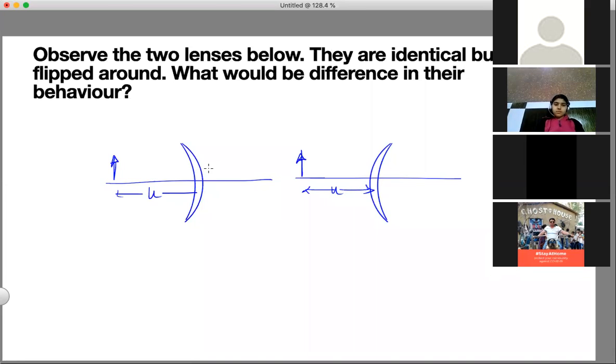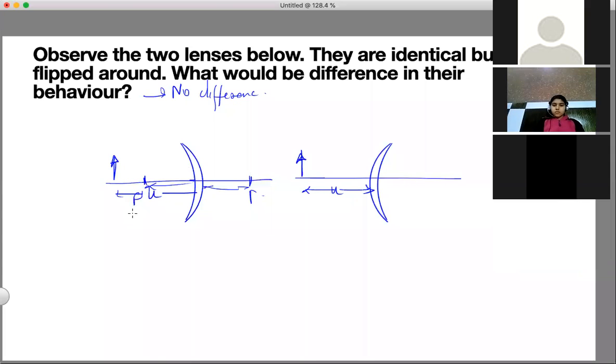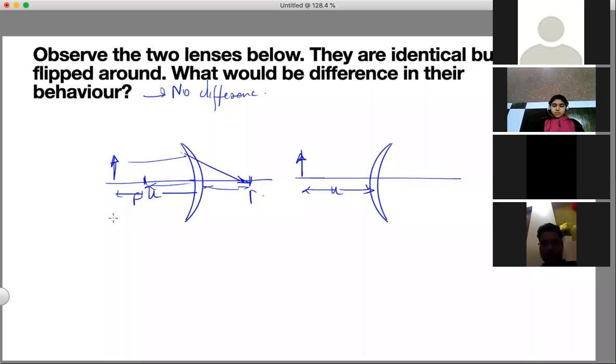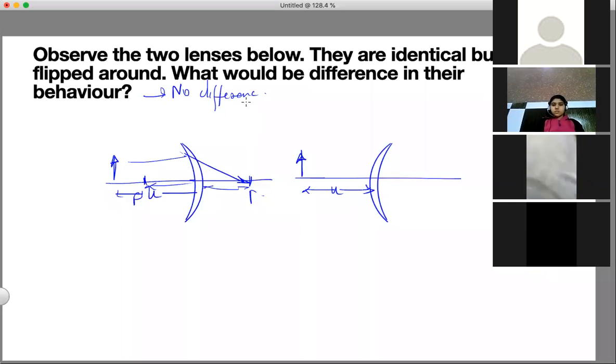ठीक है? तो the answer, if nobody knows, the answer is no difference. Okay? लेंस को उल्टा सीधा लगाने से कोई फर्क नहीं पड़ता है, वो वैसे ही काम करता है. ठीक है? तो लेंस को उसकी दोनों तरफ वो सेम ही डिस्टेंस पे एफ होते हैं. बस ये एफ हो गया, ये एफ डैश हो गया, ये प्राइमरी फोकस है, सेकेंडरी फोकस है, क्योंकि जब लाइट आएगी तो यहाँ पे कन्वर्ज होगी, लेकिन वो बात एक ही है. ओके, So there is no difference. आप लेंस को उल्टा सीधा कैसे भी लगा सकते हो.